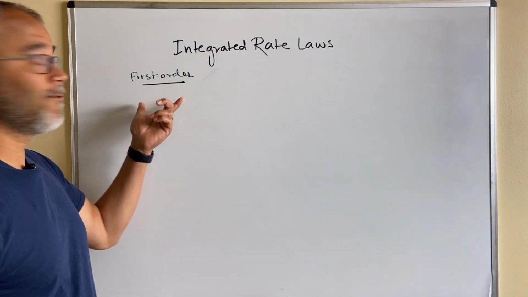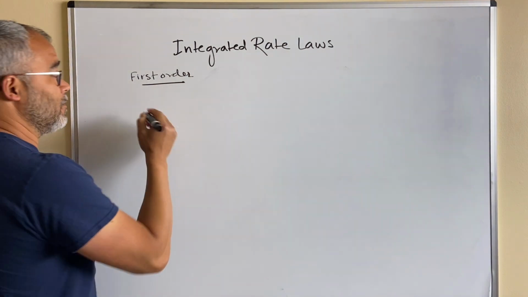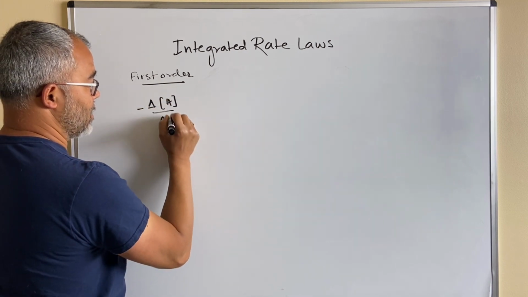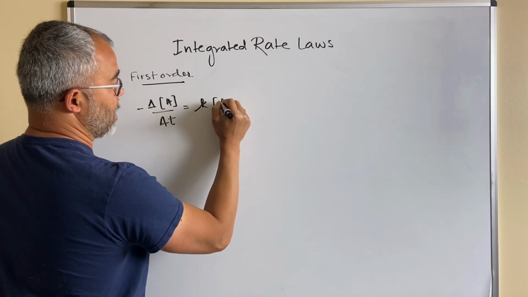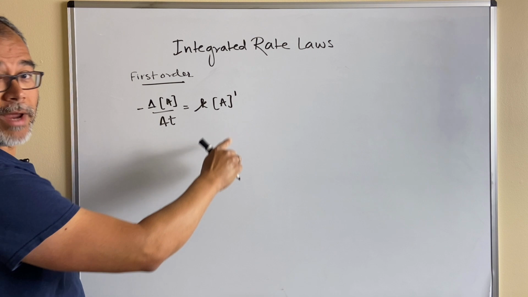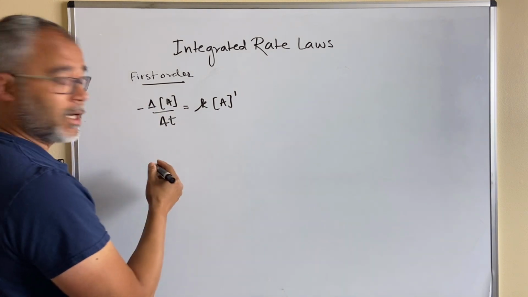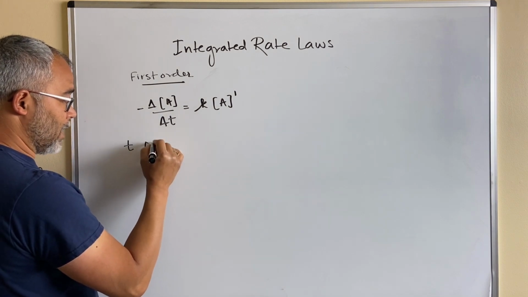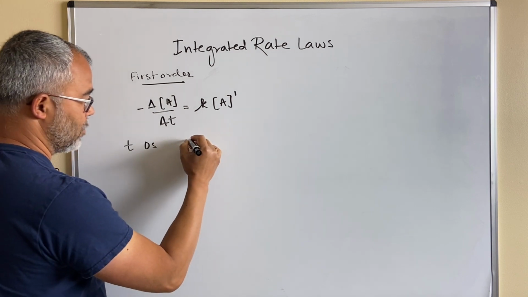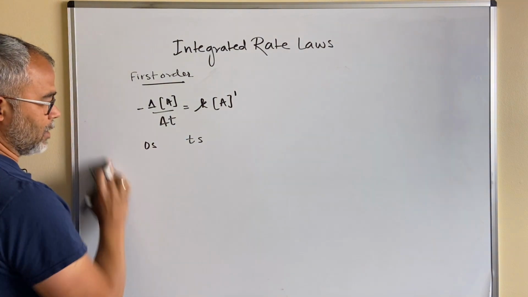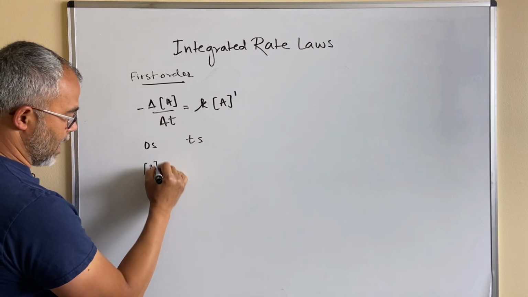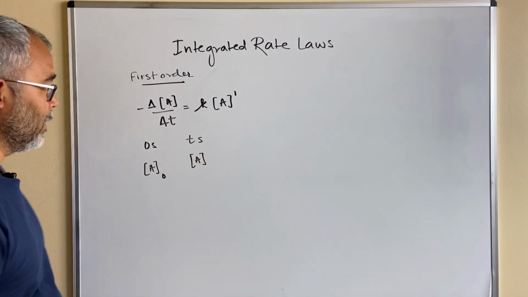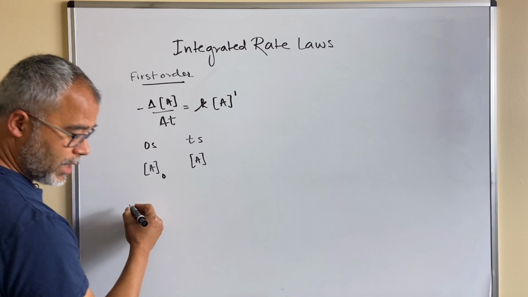Let's direct our attention to the case of a first order reaction. In the case of a first order reaction, it would be minus delta A over delta t is equal to k times A raised to the power 1, because it's a first order reaction. And now if we integrate, again, the limits out here are t goes from 0 seconds, that's at the beginning, to t seconds. So I'll just write 0 seconds to t seconds, and then the concentration of A at 0 seconds is A naught, concentration of A at t seconds is A, okay? So if we integrate between those limits, we would get the expression